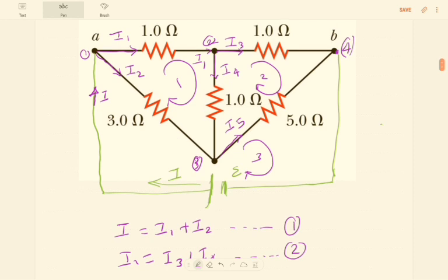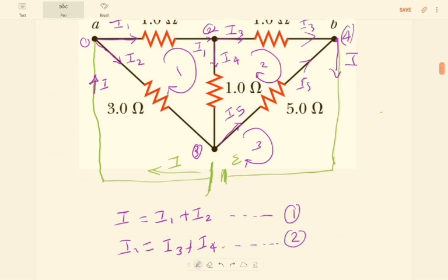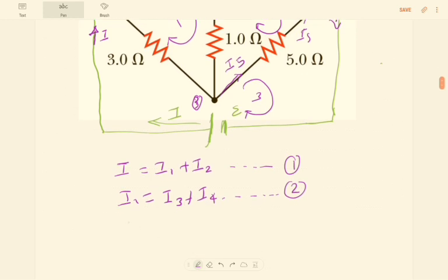Let's go this way. At junction 4, what do we see? Here I3 flows this way, I5 flows this way. This is I5, this is I3, and the current that leaves through here, what do we call it? We call it I, because this is the current across the battery, as we saw here. Nice. Now what we have here is I5